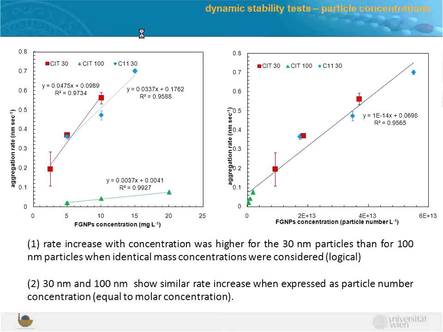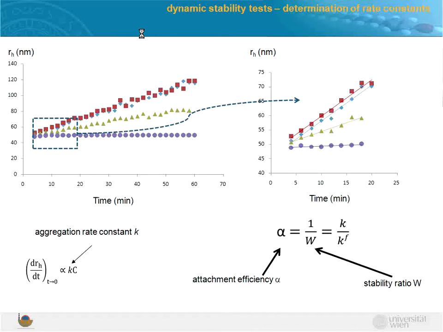So the problem here is that we are looking into a reaction, and the reactions between two particles. Using a mass concentration here directly transfers to a different number of particles present if the particles have different sizes. So under these conditions, the 100 nanometer particles at the same concentration are in much lesser abundance in terms of numbers in the system than the 30 nanometer particles. So of course they are reacting slower, because the C here is not a mass concentration,